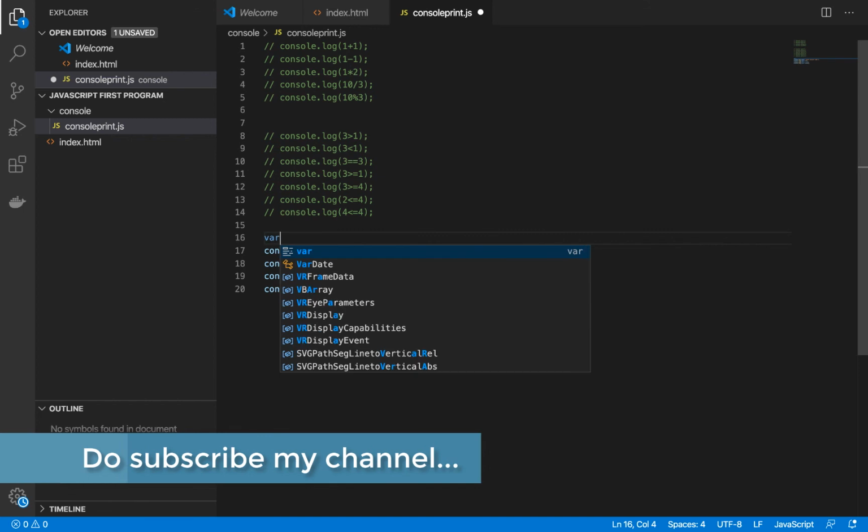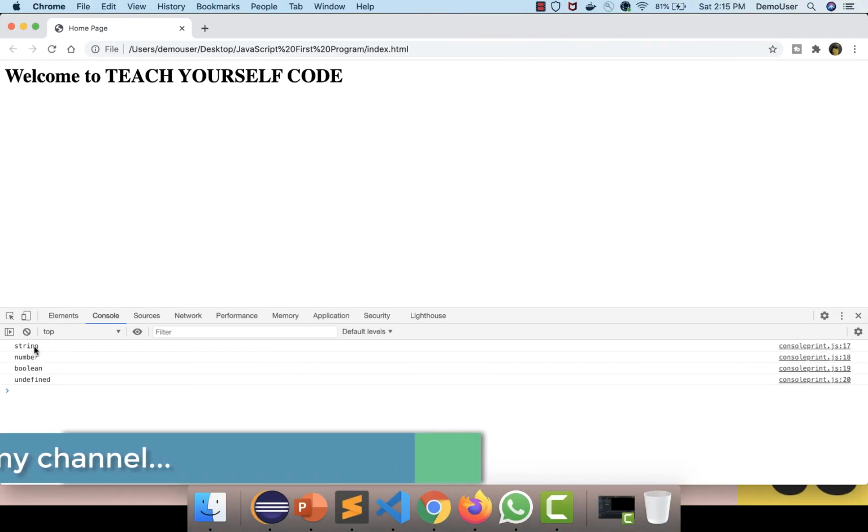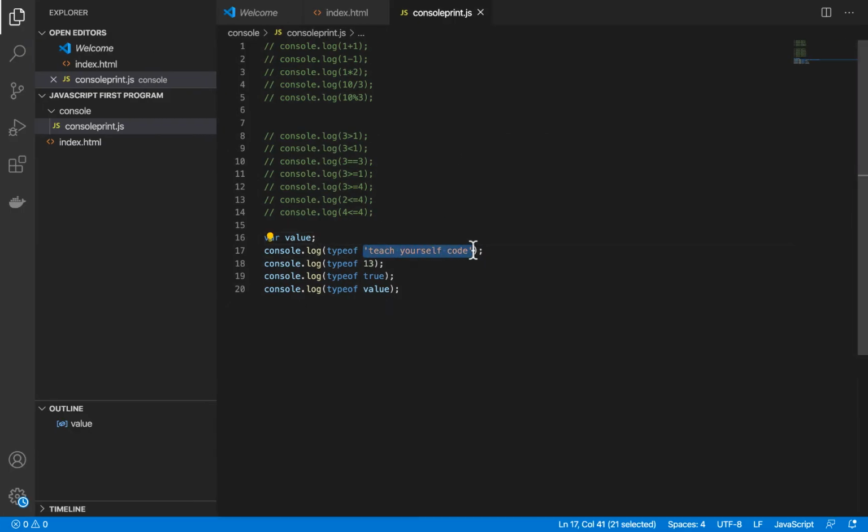Now if I hit save and refresh this, you can see four things are coming. First one is string, as we all know. Second one is integer or a number. Third one is your boolean, and the fourth one is undefined. So this is how you can check the type of value that is provided over here.